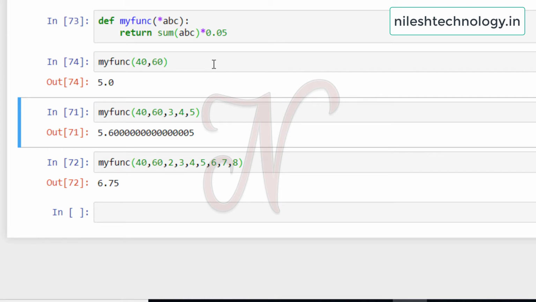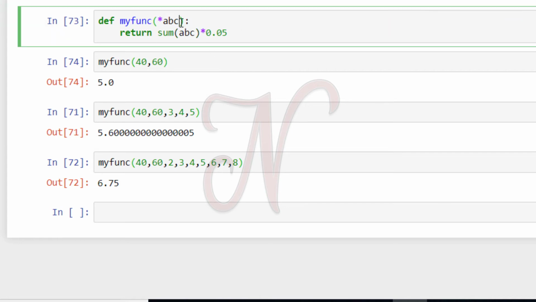Like the Java language. In Java, public static void main, the parameter is String args. So this args is the array name. Instead of args you can use any name. Same here, args is by convention the name, but instead of args you can also use any other name. So args is an arbitrary choice, but by convention you always use args. See here args, then here sum of args.